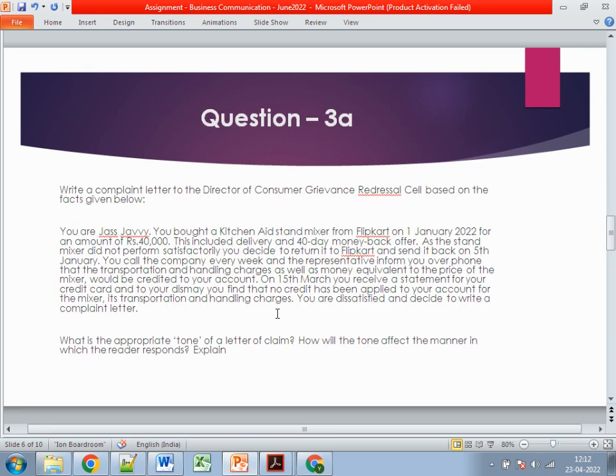Going to the third question. So third is having two parts, third A and third B. And third question is 500 words. So make sure the answer should be crisp. Don't write too much, because I get so many students requesting that, sir, we are getting more than 600, 650 words. So try to just keep it within 500 or maximum 550 words. Don't exceed 550 words. Write a complaint letter to the board, to the director of consumer grievance redressal cell based